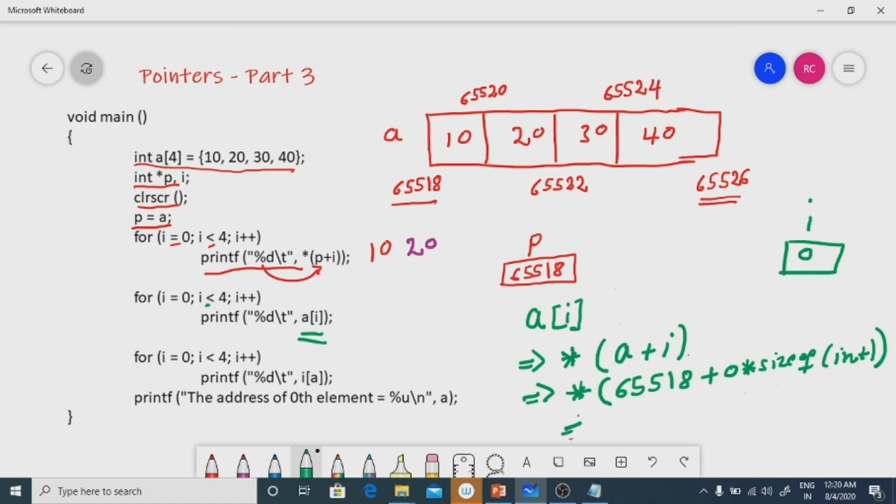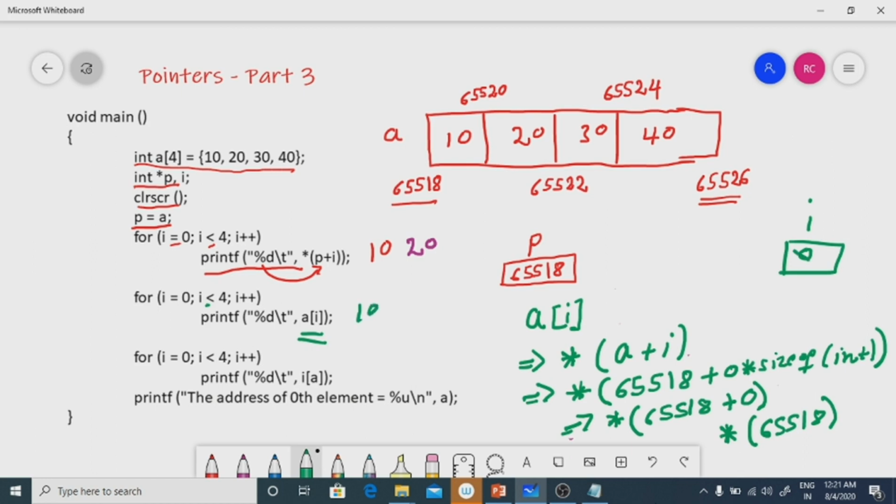So this is star of 65518 plus 0 into size of int, which is 2 bytes. So 0 into 2 is 0. So you get star of 65518. So the value at 65518 is 10. So here again 10.